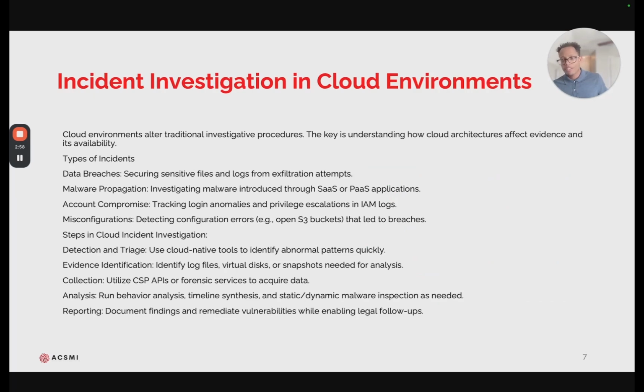So let's talk about it a little bit more in depth, look at some of the types of incidents that can occur. And again, I won't go through all this because we've talked about this before, but just look at it from a cloud perspective. So the key is to really understand how the architecture is put into place. What does that infrastructure look like underneath? So some of those types of data breaches you have, like securing information, right? Someone is trying to obtain information and they actually do that. That's a data breach. The propagation of malware. Think of worms. So you want to investigate malware that is introduced to those different platforms like SaaS and PaaS. And then what if an account is compromised?